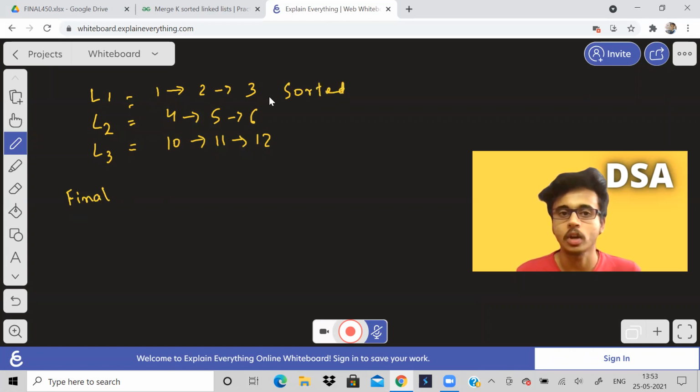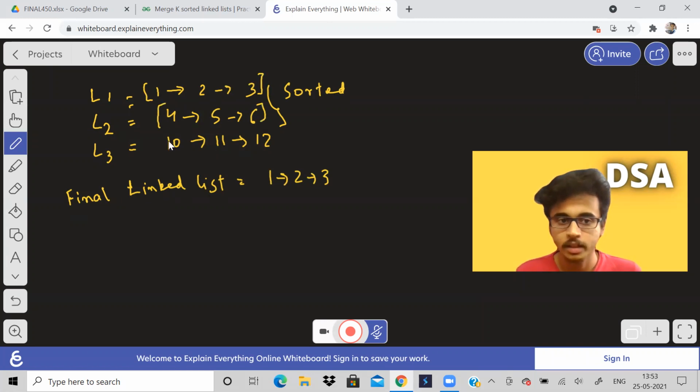All these three are sorted only. And what is the final linked list going to be? Final linked list will be 1, 2, 3, okay, so all these elements, then these elements, and then these elements. So then 4, 5, 6, so on.